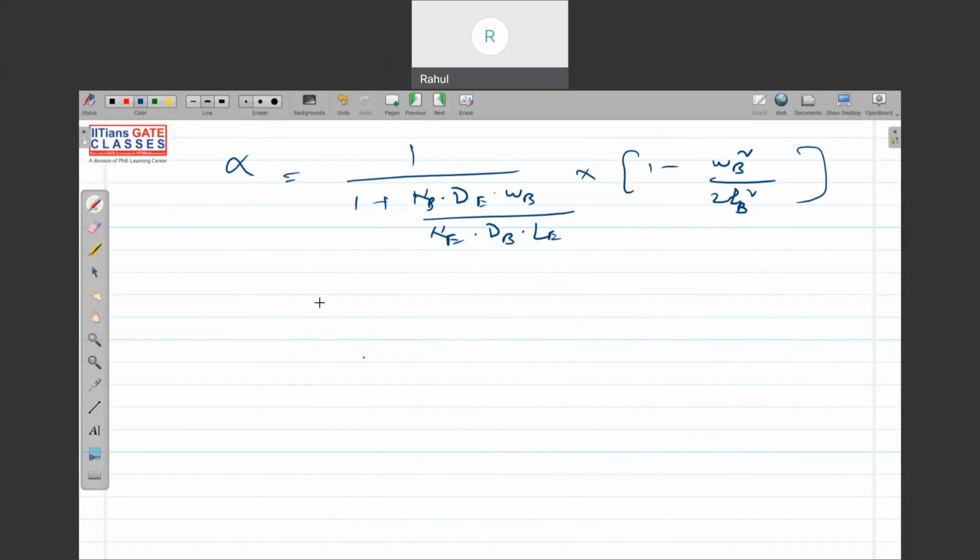So you can see very clearly when VCB reverse bias is increased, then base width is decreasing. Since base width is decreasing, we know this factor will decrease, and also this factor will decrease. So alpha will decrease. So you see mathematically, when you change the collector to base junction reverse bias, it is decreasing my base width. We have seen qualitatively it is increasing the concentration gradient, and also it is